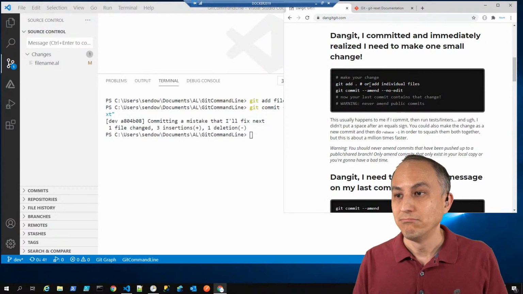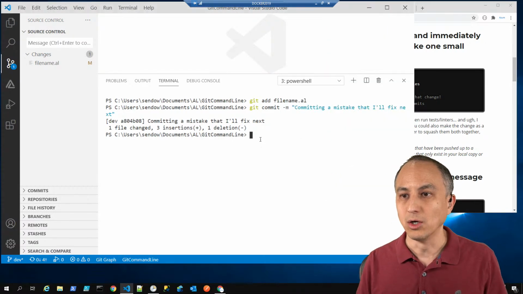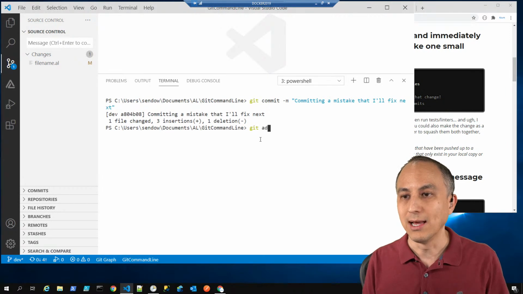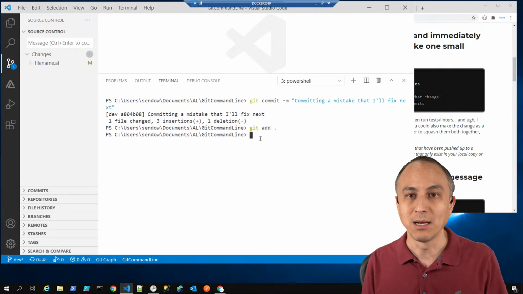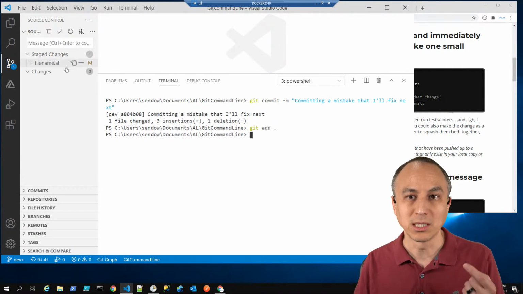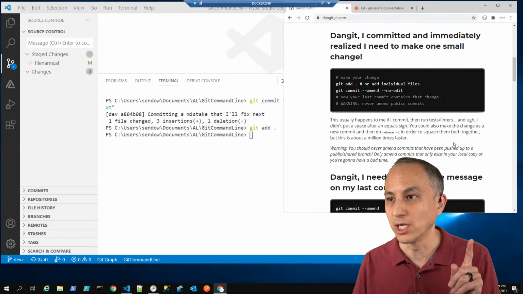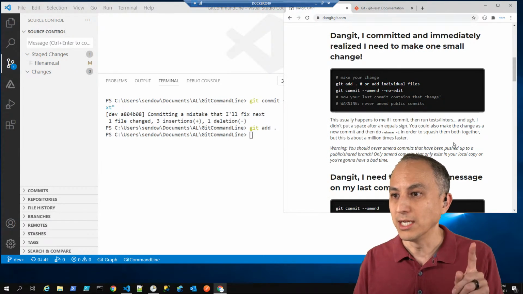Now git add period or add star. So we can do git add. In this case, let's try git add period. Same thing in this particular case. We only have one file that was changed. So we did git add period. Now we need git commit